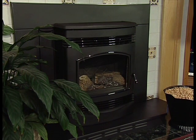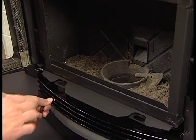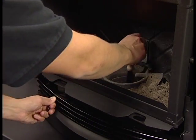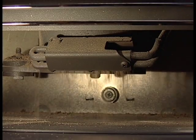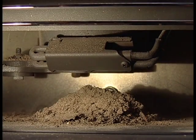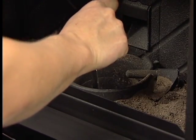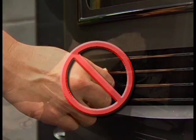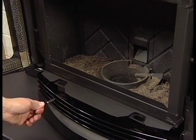To clean the fire pot, wait for the appliance to completely cool. Pull the fire pot cleanout rod and then slide it back to the closed position. Be certain the fire pot floor plate is fully closed when finished. If the floor plate appears to be stuck closed, scrape the floor plate while moving the cleaning rod out and in a few times. Never pull the rod when the appliance is operating, and always make sure it's fully closed